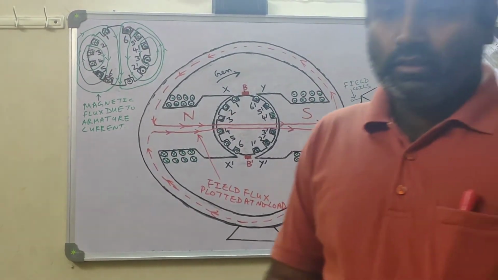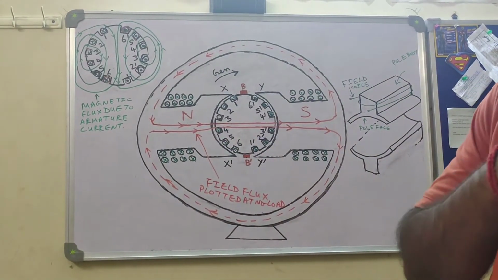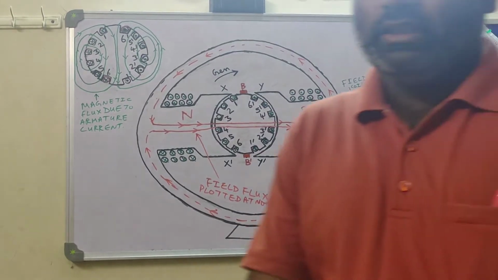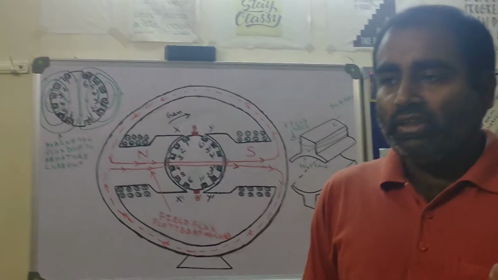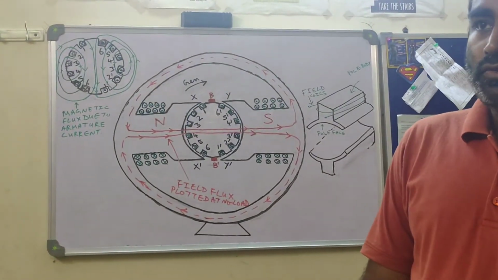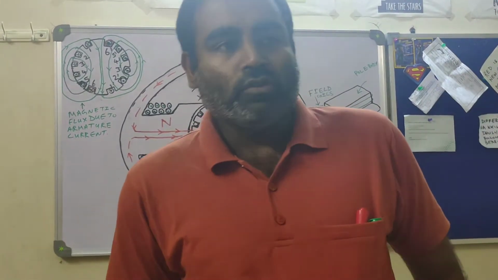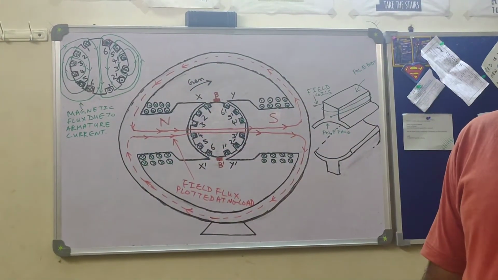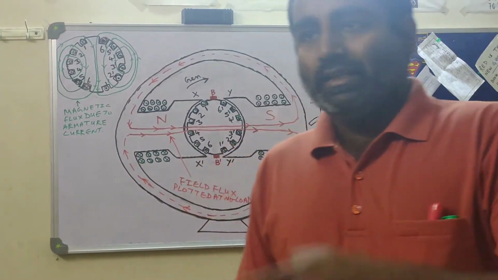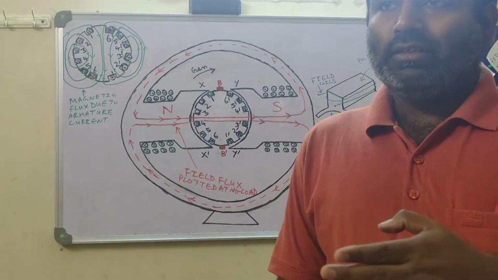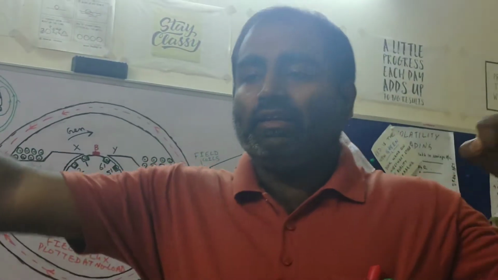Just to repeat, we need to take the developed view in order to find the space distribution of field winding MMF, or even if you want to study the space distribution of armature winding MMF, in that case also you have to take the developed view. So what is the meaning of developed view? Developed view means we imagine that the DC machine is being cut at a particular point, and after making the cut we stretch it and make it flat.